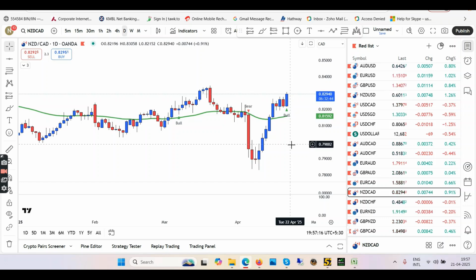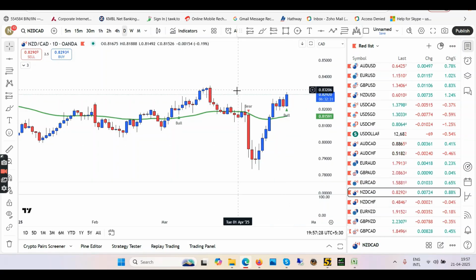Again, for example, accounts with high leverage but very, very low lot size survive. Accounts with low leverage but high lot size blow up. So if you know your lot size, you can enter right now, take some small profits and exit at 83.00. But if you are a swing trader, then you will wait for a pullback. If I don't want to enter this position right now, I will wait for a few days. I will wait for a pullback.